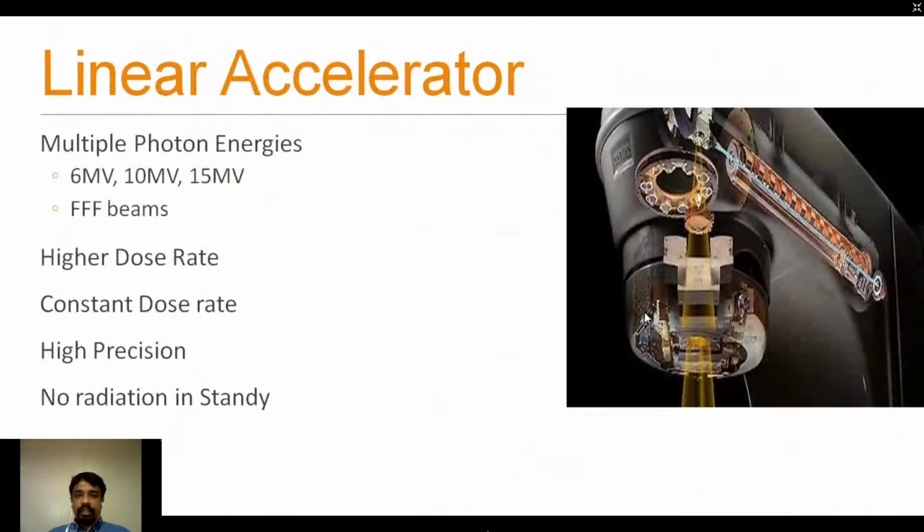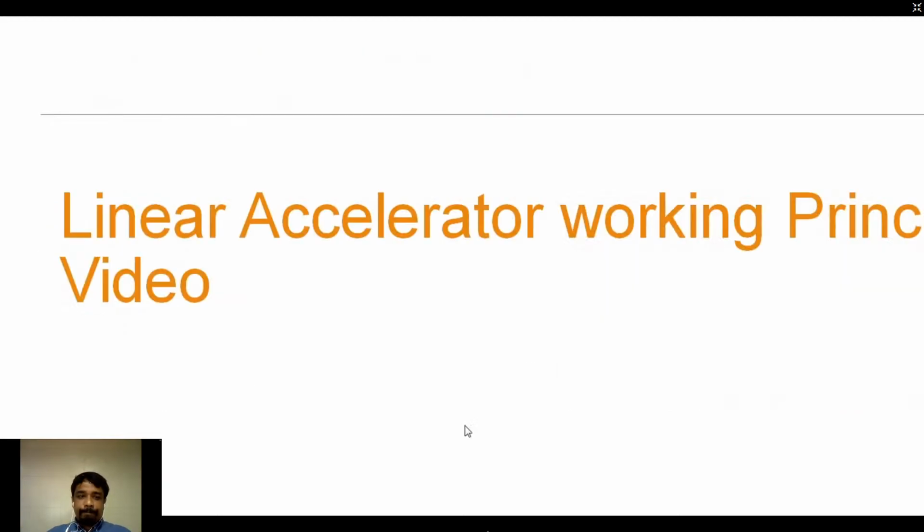The newer machine is the linear accelerator. For the last 20 years, this has been the main machine for cancer treatment. We call it a linear accelerator because it accelerates the electrons linearly, normally to close to the velocity of light. I will show a small, 8-minute video of how a linear accelerator works. Then after that, we'll try to